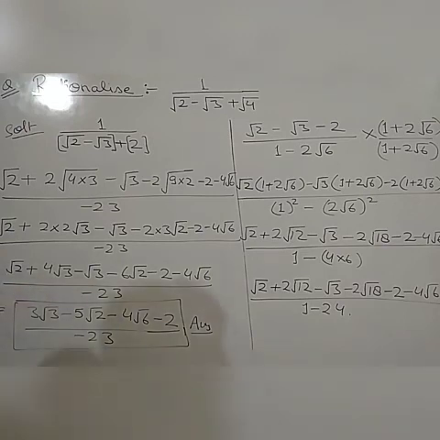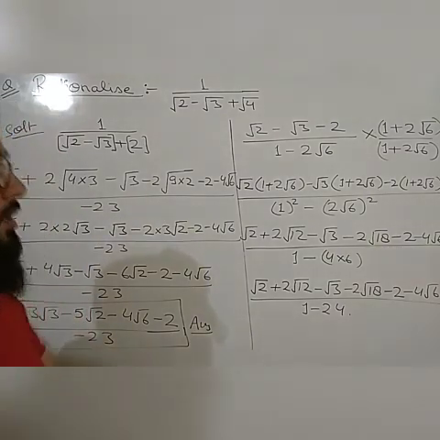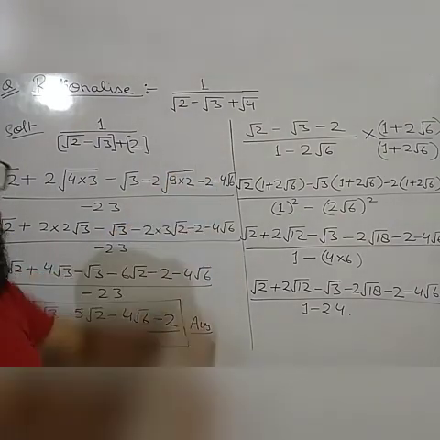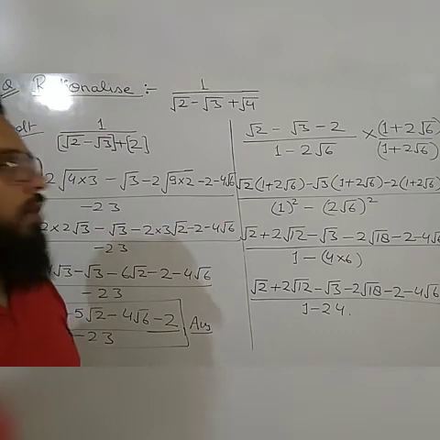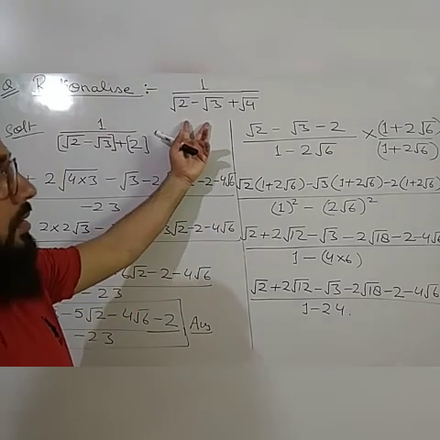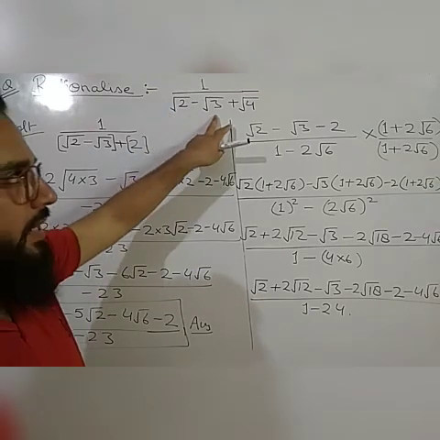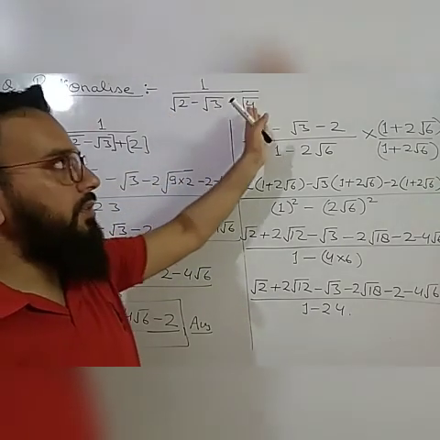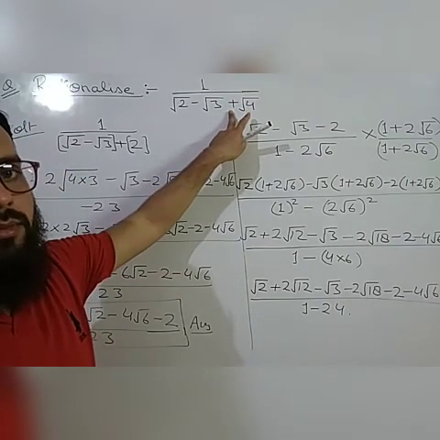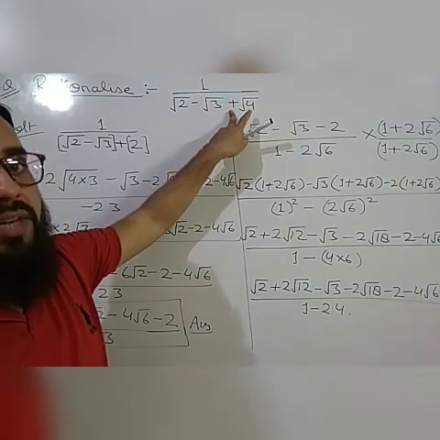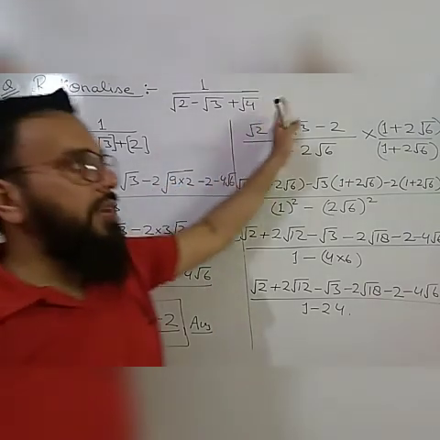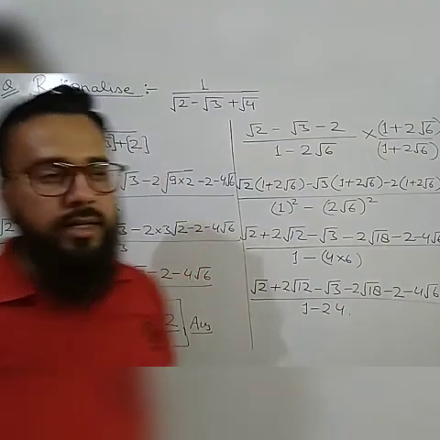So in this way, you have to solve the problem of rationalization when you are given 3 terms. Okay, it is a somewhat long process, but you have to solve it. You will take 2 terms together. Two terms will be taken in one bracket, and the second and the third term will be taken in the second bracket. You will change the sign which is in between both the brackets, and that will be the rationalization factor. And with that rationalization factor, you will multiply in numerator and denominator.